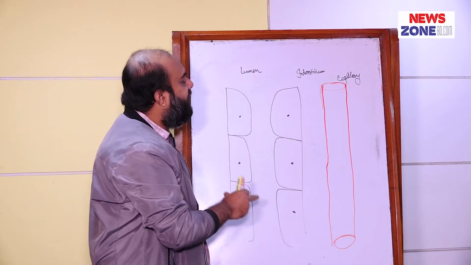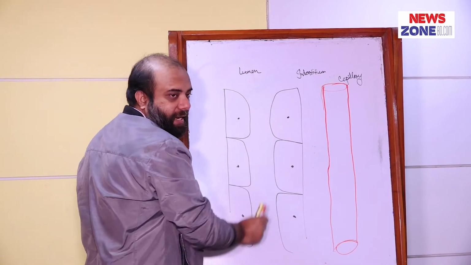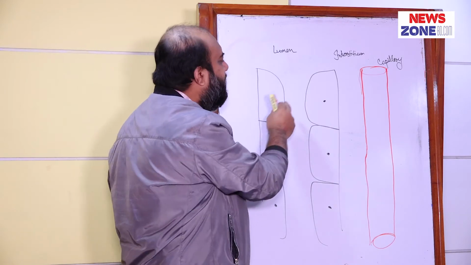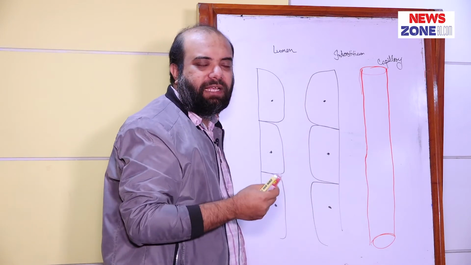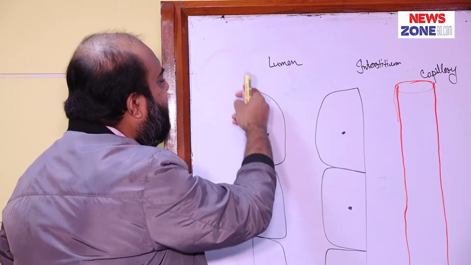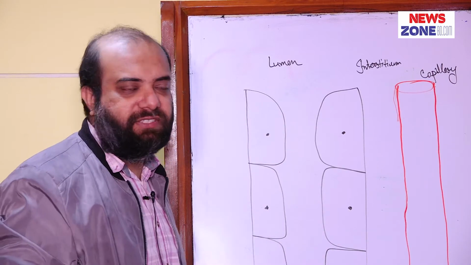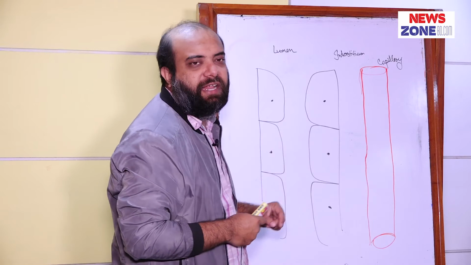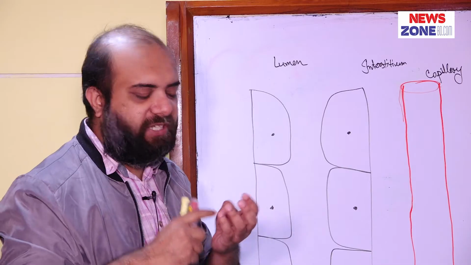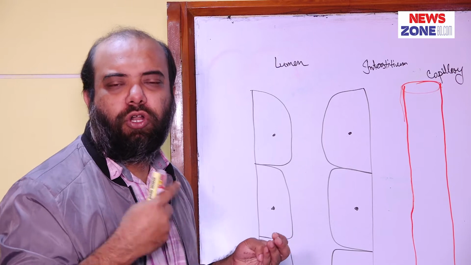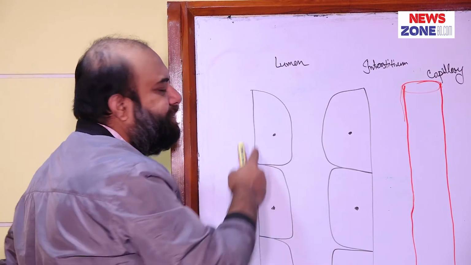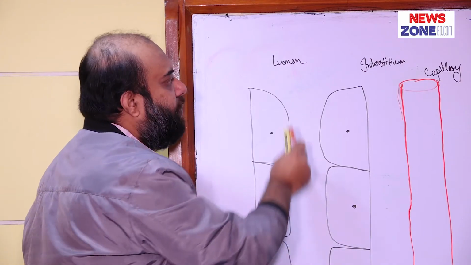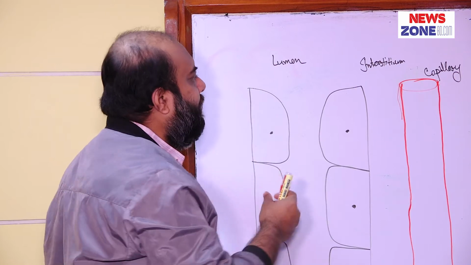In the segment of renal tubules, there is a lumen, and the surface of a renal tubular epithelial cell attached to the lumen is called the luminal surface, and the surface resting upon the basement membrane is called the basal surface. So we can say each and every renal tubular epithelial cell has two surfaces. First one is the apical surface or luminal surface, and the second one is the basal surface, which rests upon the basement membrane, and this portion is called lumen.